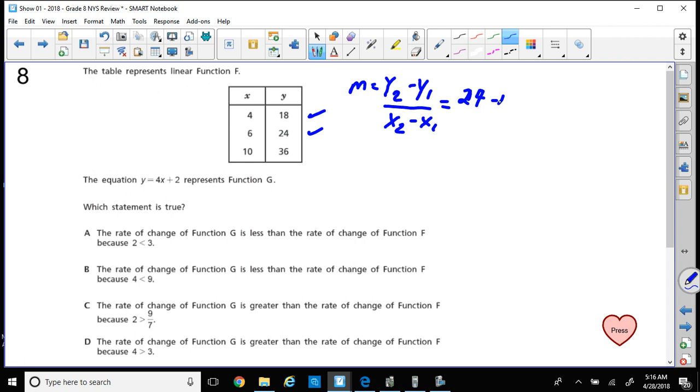Minus 18. So this is my y2 and my y1. And when I subtract that, I get 6. And now let's deal with our x2 and our x1. So that's 6 minus 4. And that'll give us 2. So when we reduce this, 2 divided into 6 is 3. So the rate of change, or you can call it rock,